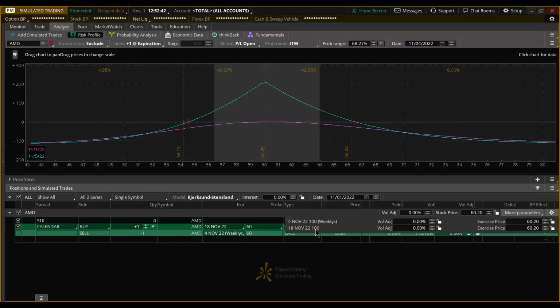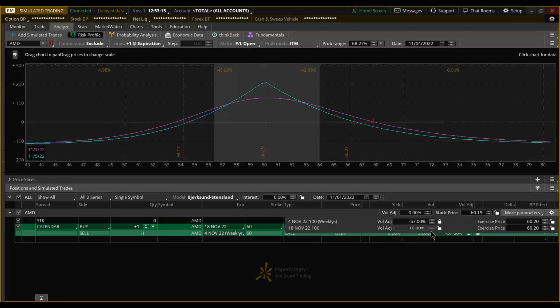So let's use the drop of 57. I'm going to take the fronts, those options that expire here in just a couple of days, and I'm going to drop those. I want a negative number there, and it's going to be negative 57 points. But I also need a negative number here.